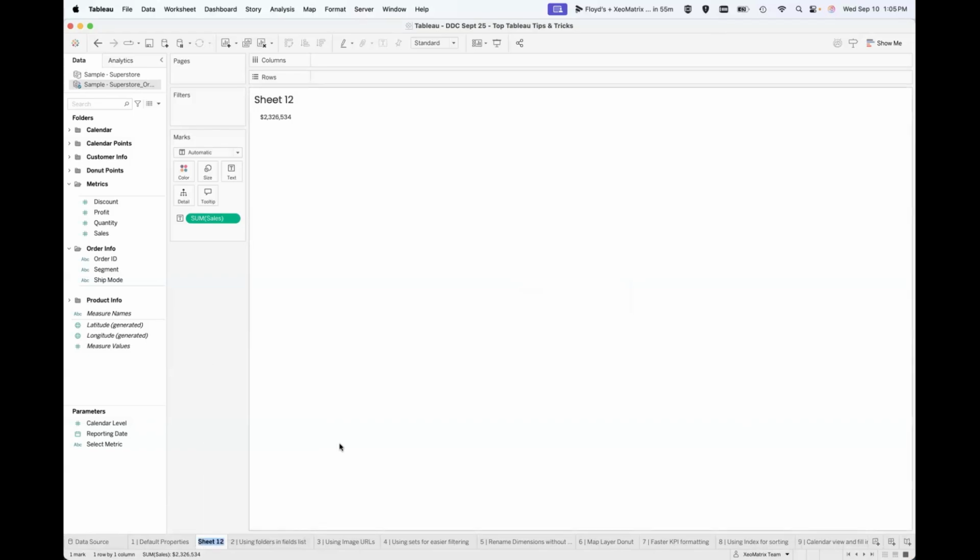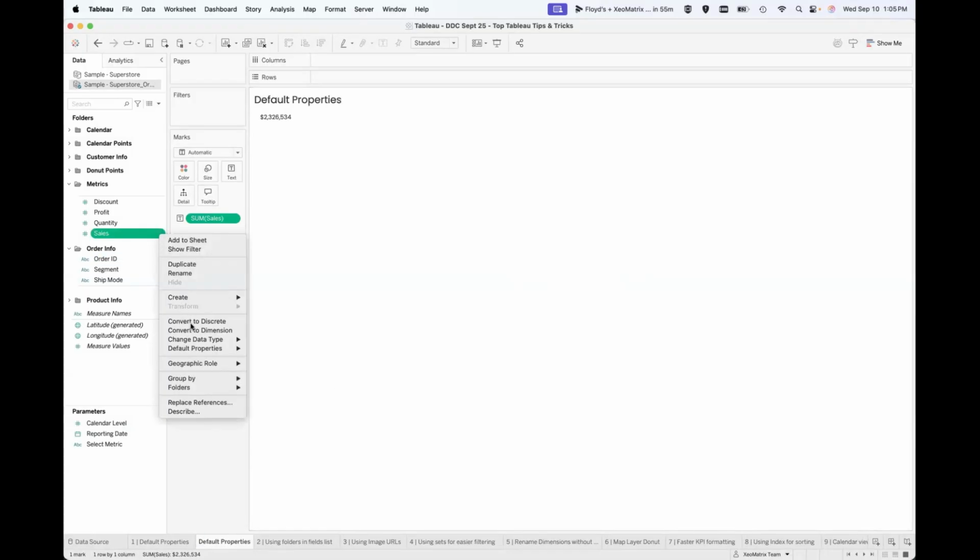Absolutely, John. I see you as well. Vivian's asking if you can do this for fonts. So, setting default properties for fonts. That's a good question. You can't set it for fonts,